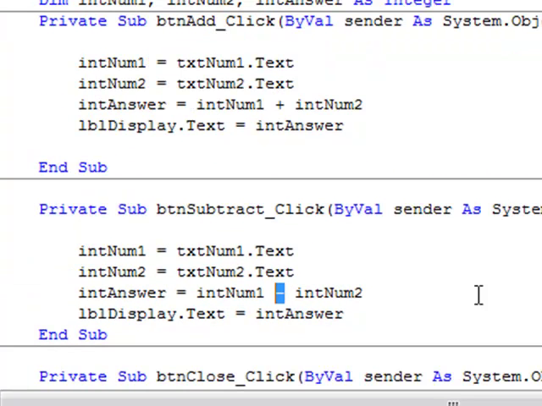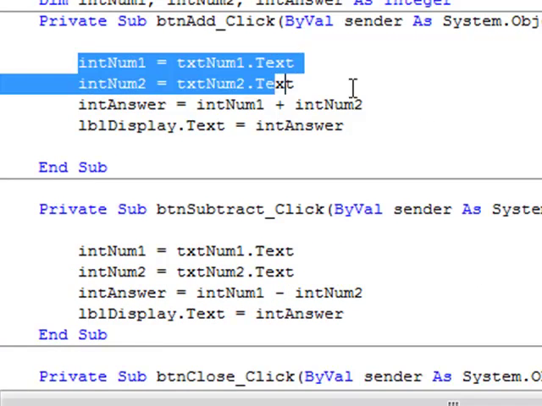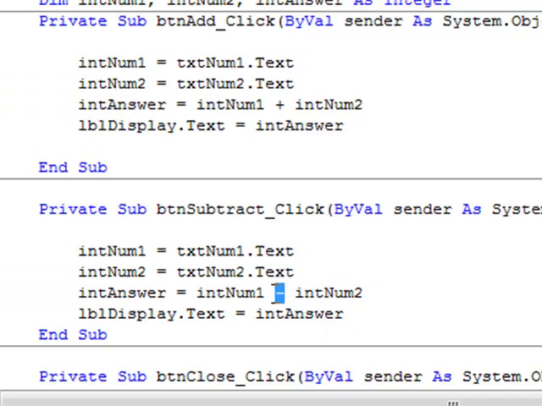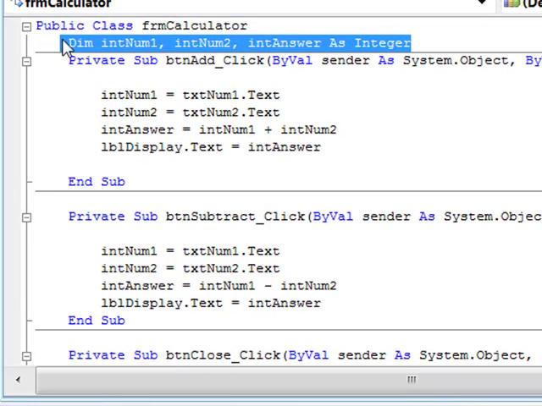All that's different is that minus symbol. If you look at the code from that one to that one, it's absolutely identical with the exception of the minus symbol. Sorry. In the last program I mentioned the fact that if you moved your variables, they become global